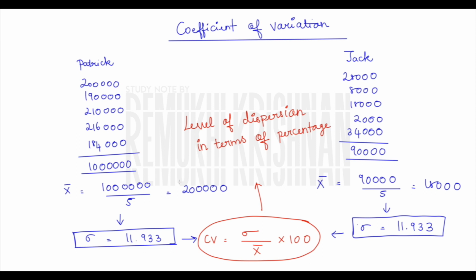Finally, there is the concept called coefficient of variation. This is nothing but the level of deviation provided in terms of percentage. It is your relative measure. Again, when there is more than one project, you can use the coefficient of variation to find which project is better to be chosen. The project with the lower coefficient of variation is to be chosen, because its variation, dispersion or deviation is going to be minimum compared to the other project. So, by this I'm wrapping up this session.